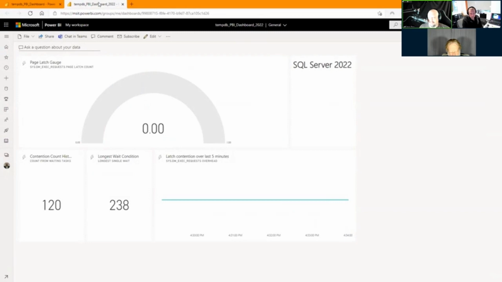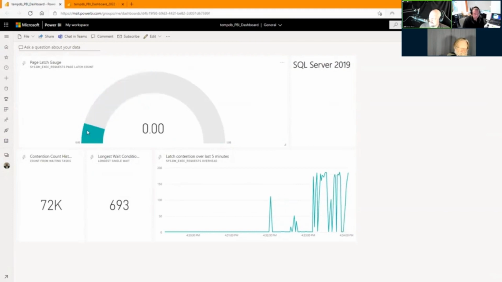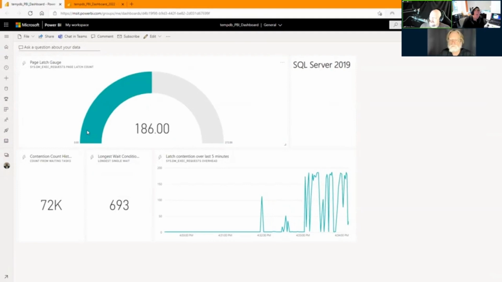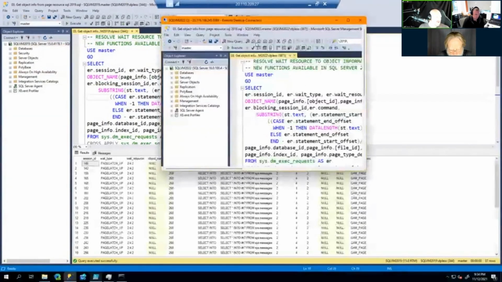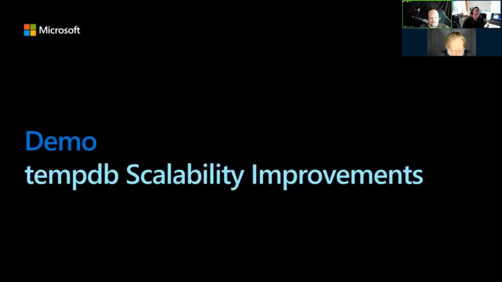So just one more point of contention that has been addressed, and really happy to see that we're able to address something like this. So we'll be kind of blogging about this a little more, discussing this further, and if you are suffering from this type of contention in your environment, highly recommend evaluating SQL Server 2022. Okay, I'll move this stuff over again and get back to some slides, because there's a lot of content I want to cover.